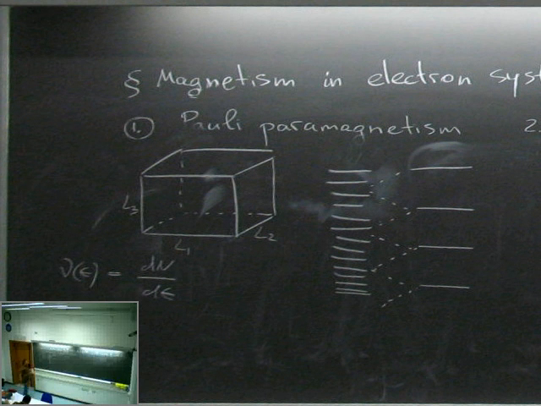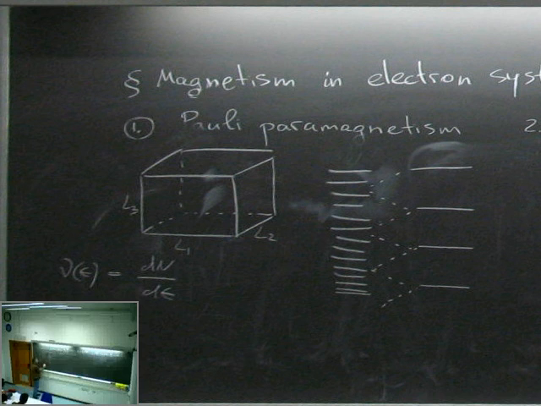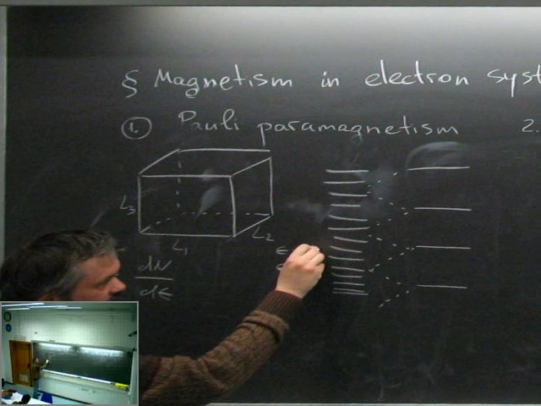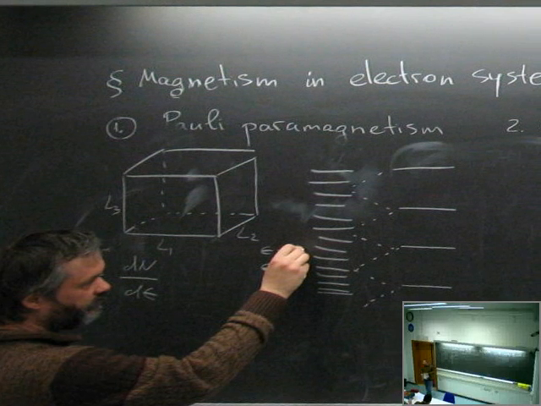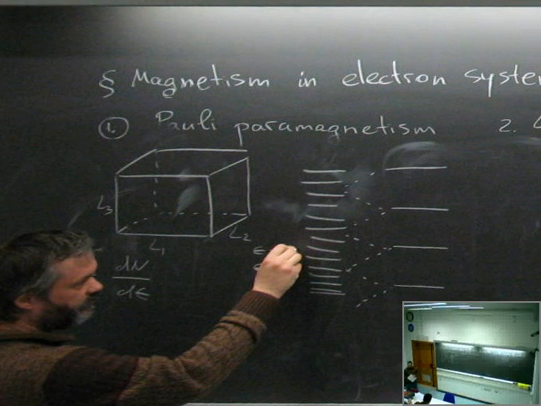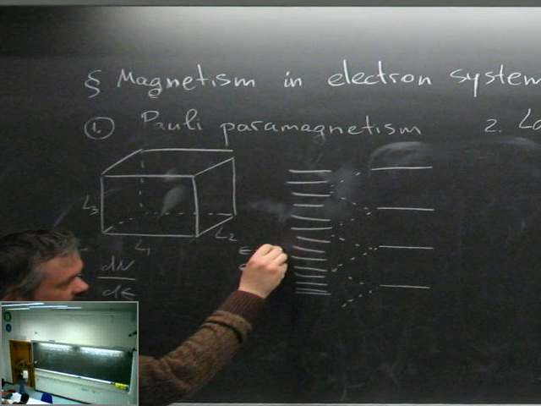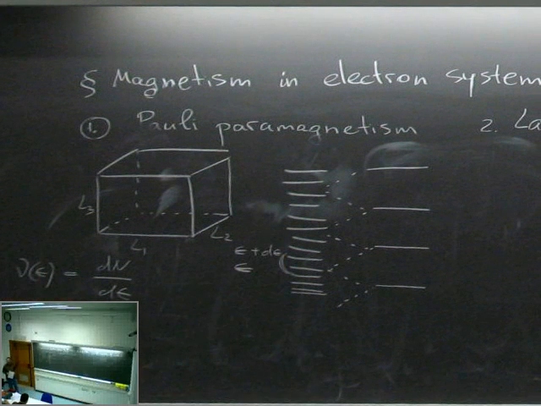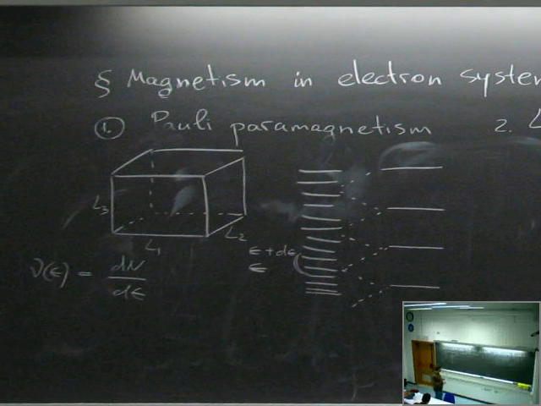So this is how many states are placed in the interval between energy and energy plus d energy. So I fix some value of energy, and I take a little deviation, and I'm interested in knowing how many energy levels are sitting between these two energies. And this is what density of state tells me. Okay, I choose a box,